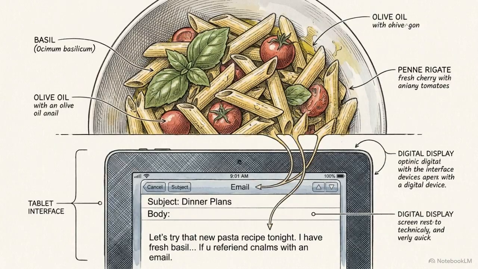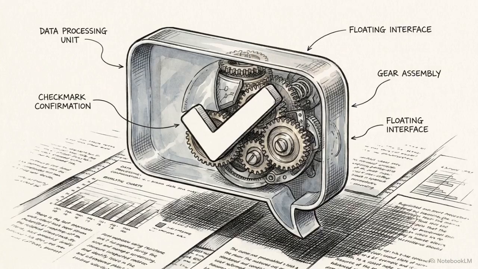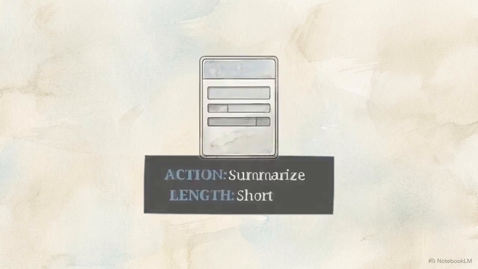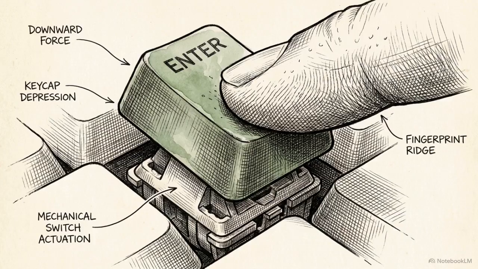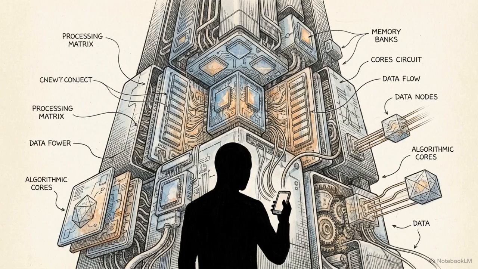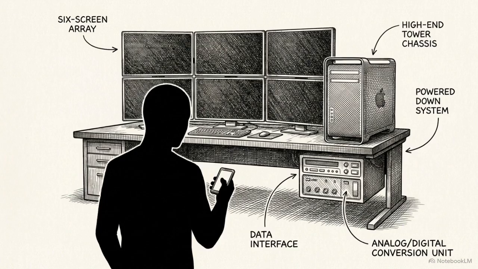We ask for a quick dinner recipe, request a polite email draft, or grab a fast summary of a long PDF, expecting a single static response. In reality, each message acts as a set of constraints. When you press enter, you are submitting instructions that the system must interpret and execute. By staying within the mindset of a chat, we often overlook the underlying architecture, leaving the system's broader capabilities largely